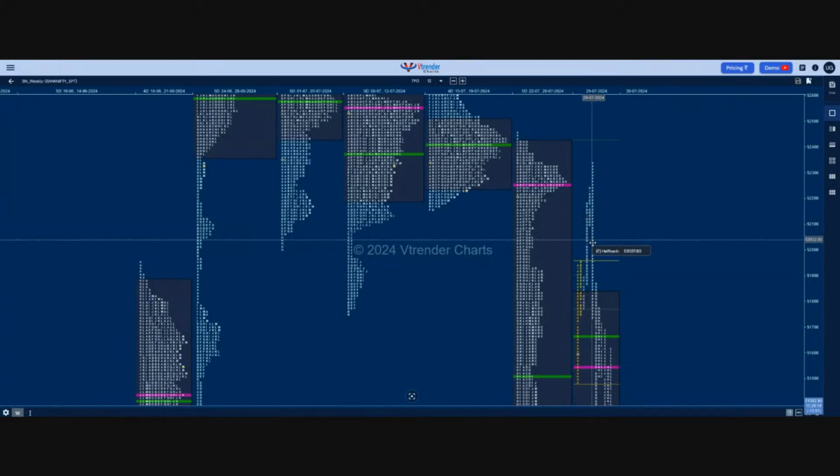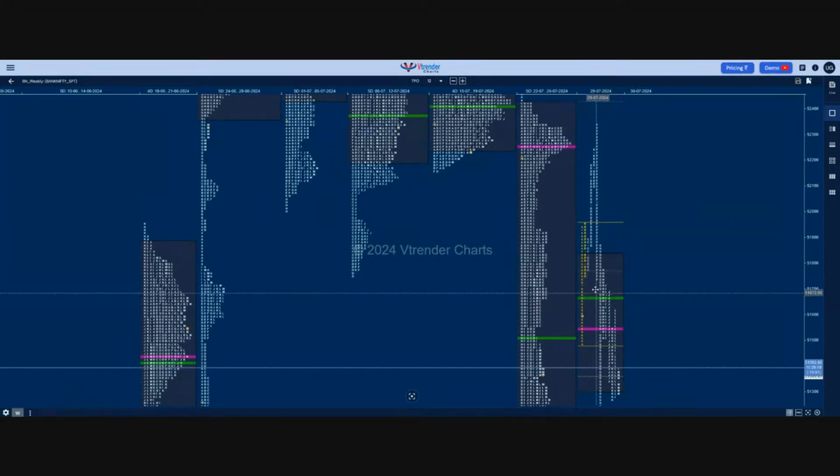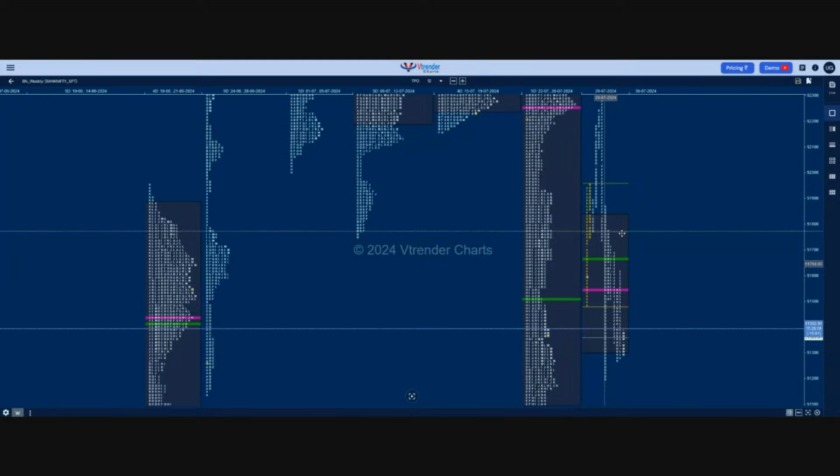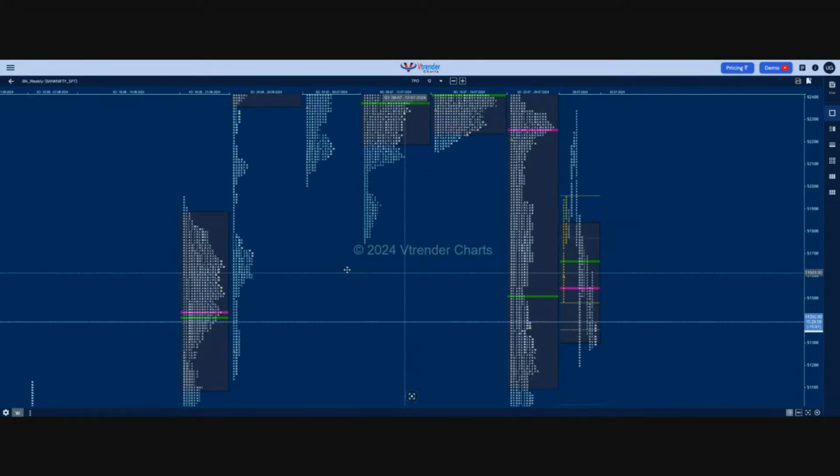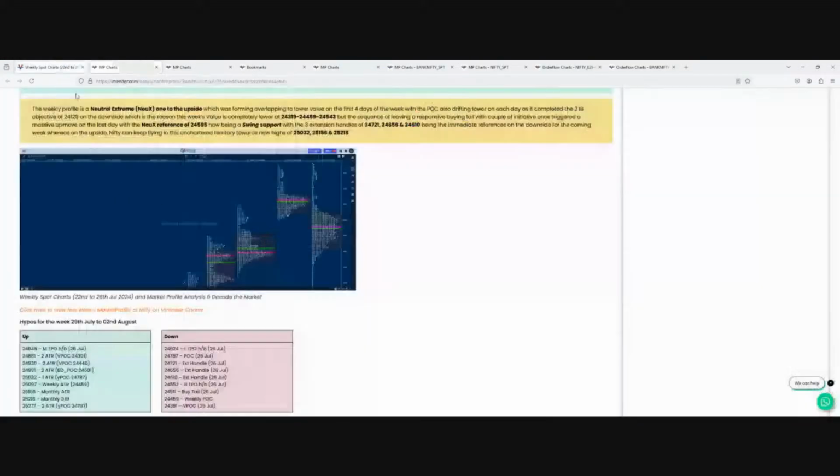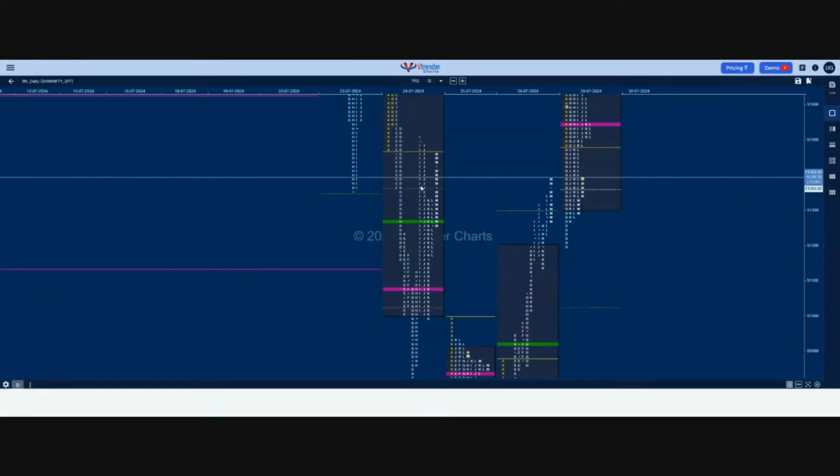And more confirmation came when the one time frame up which was happening in Bank Nifty stopped when F made lower lows, and which was followed by G also. So this is how we need to look for it in market profile. And if I take you to the daily chart of Bank Nifty,